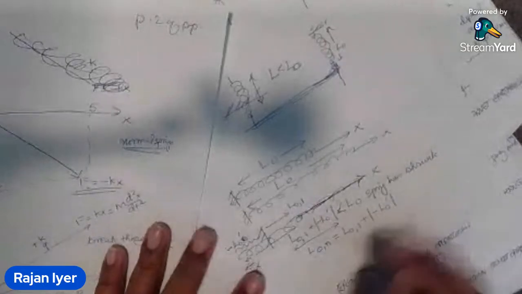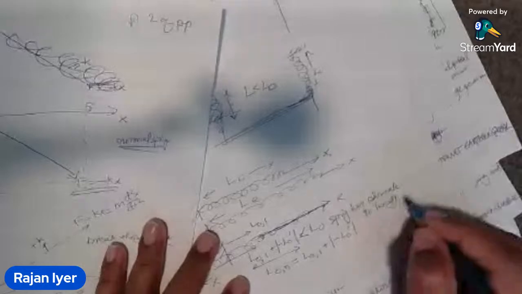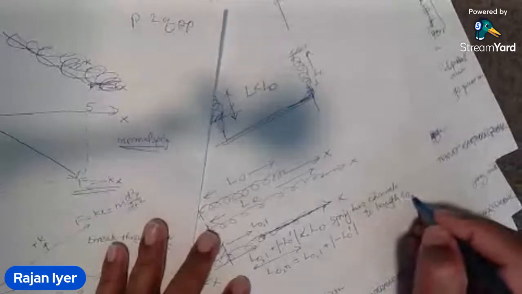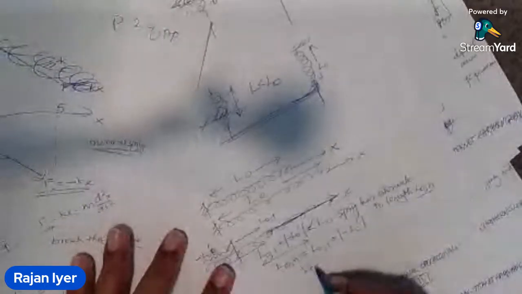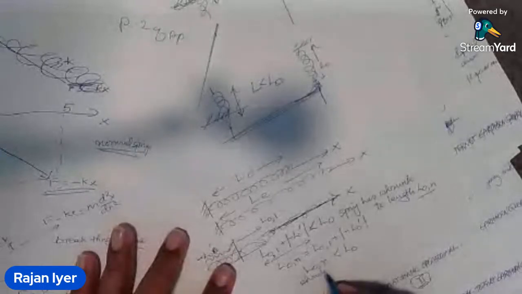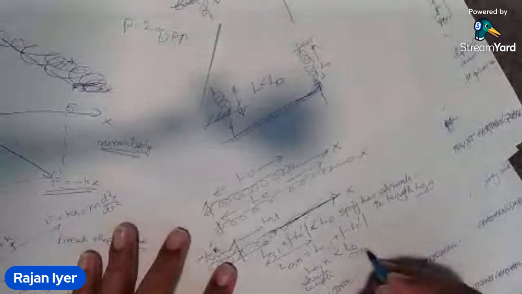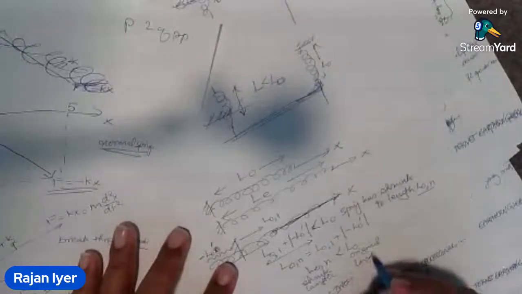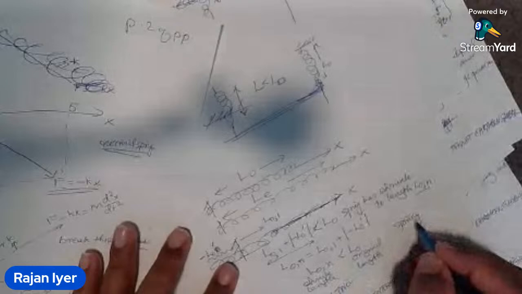So I shrunk to length L0 n, which is, so L0 n is less than L0. So shrunk length, original length of the spring. Okay. Are you taking the modulus, the modulo, because